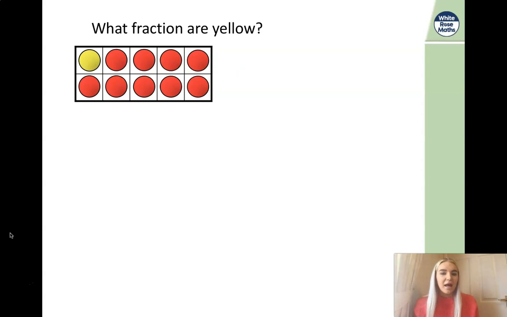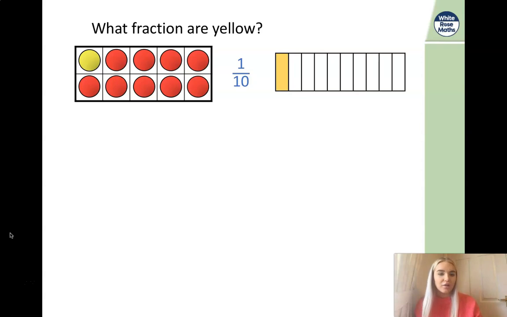Now, this time I have got some yellow counters. How many do I have? Well, I can see I have 1 yellow counter and 10 counters altogether. So my fraction is 1 over 10. 1 out of 10 counters are yellow. I can show this on a bar model if I split my model into 10 groups. Why would I split my model into 10 groups? That's right, because I have 10 counters, I have split it into 10 parts because that's what my denominator shows. And I can show here that 1 out of my 10 parts are shaded in yellow,